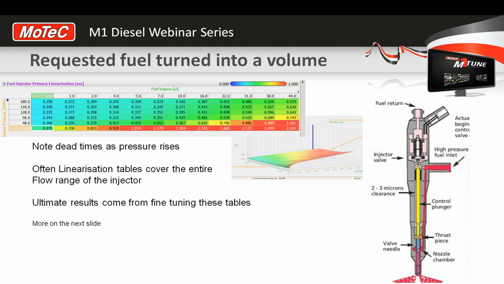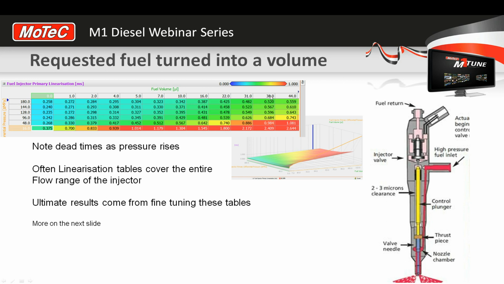Alright, nearly there. Now, one more step. The calculation actually spits out a milligram amount, which we've spoken about, but our injector calibrations, or our injector linearization tables, are still in a volume. So that milligram amount is converted into a volume and then turns up on the horizontal axis of the injector linearization table. So whatever delivery amount is requested, looking at the capture here, we could say, let's say 38